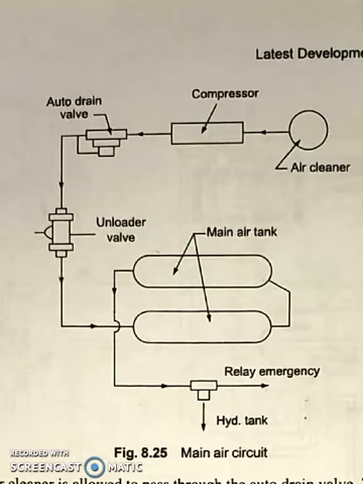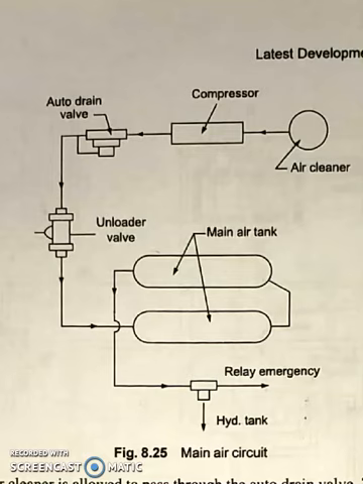Air sucked through the air cleaner is allowed to pass through the auto drain valve. This valve separates the moisture from the air and fairly dry air passes in the forward direction. Air is now allowed to pass through the unloader valve. The purpose of this valve is to relieve the compressor pumping load when normal operating air pressure has been attained in the system, and to re-establish compression when the reservoir air pressure falls below the minimum pressure. Pressure setting of the valve is done between 7.25 and 8.25 kg per centimeter square.